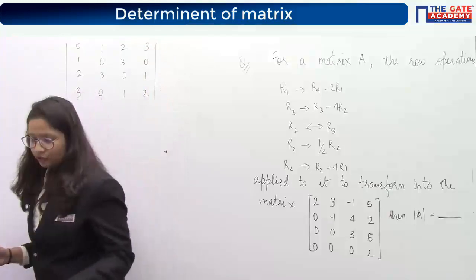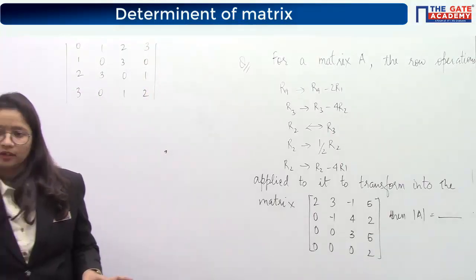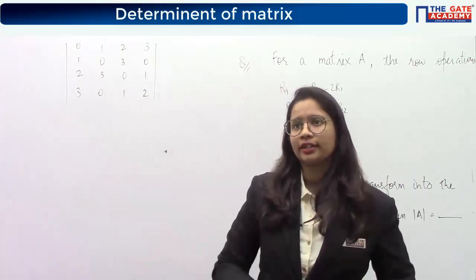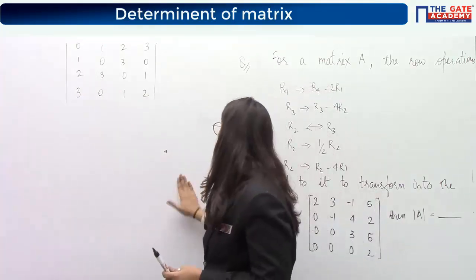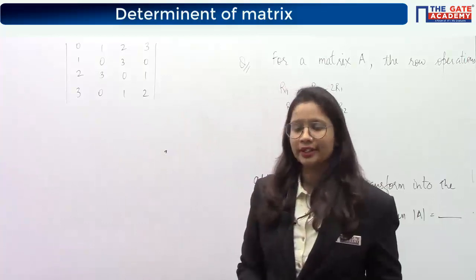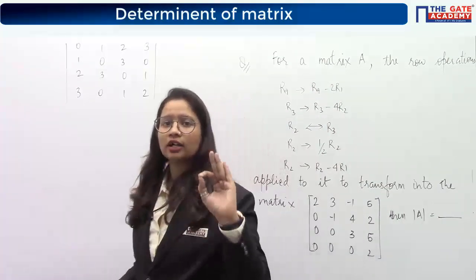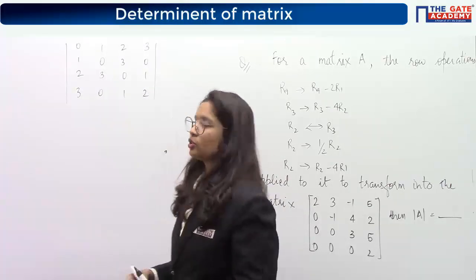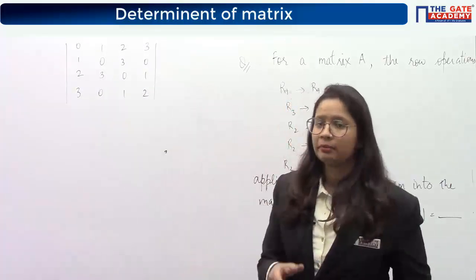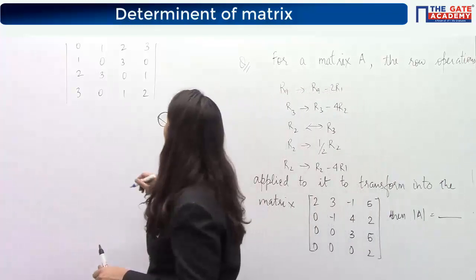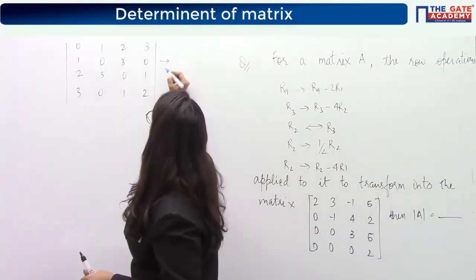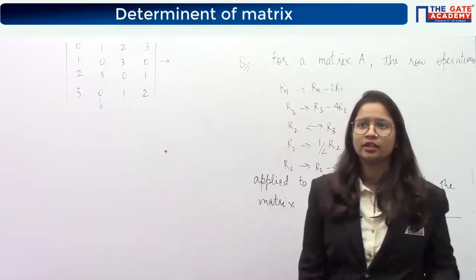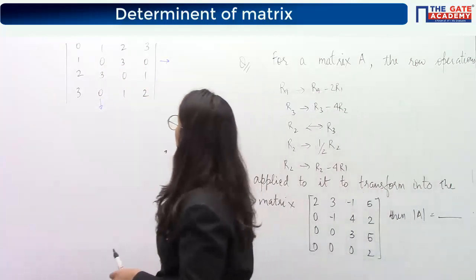One thing that I would like to focus on here is that for solving a determinant of very high order like this, where a 4 by 4 matrix is there, select that row or that column in which there are maximum zeros. You can see that this row is having 2 zeros and this column is also having 2 zeros. So you can select either of them to find the determinant by expansion.